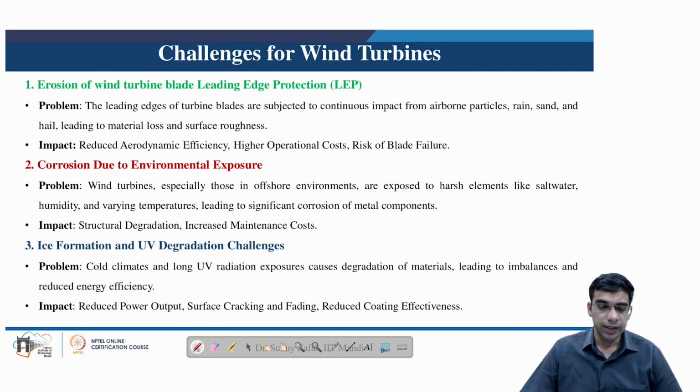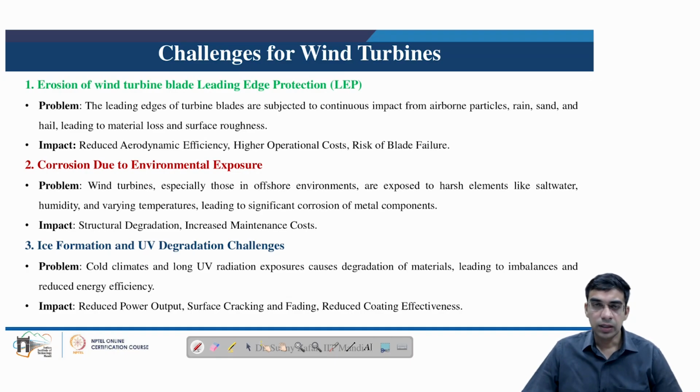So we can see that in different situations, there is a different need for coating. First, there is erosion of the wind turbine blade, especially on the leading edge, so leading edge protection is needed. The leading edge of the turbine blades is subjected to continuous impact from airborne particles such as sand and dust particles, and also hail. They are also damaged because of rain, leading to material loss and generation of surface roughness, because of which there is a chance of reduced aerodynamic efficiency, high operational cost,